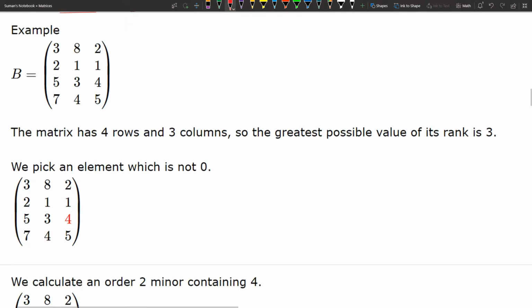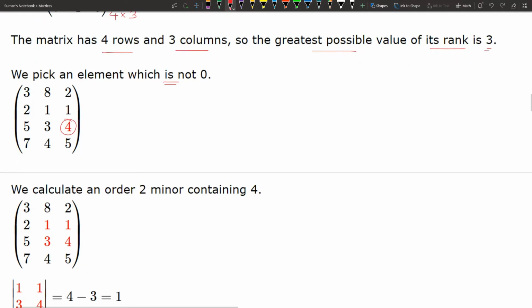Let's check another example. Here the order of the matrix is 4 cross 3. That means 4 rows and 3 columns. So obviously the greatest possible value of its rank may be 3. So we pick any element which is not 0. Suppose we are picking the element 4 using the red color that has been pointed.